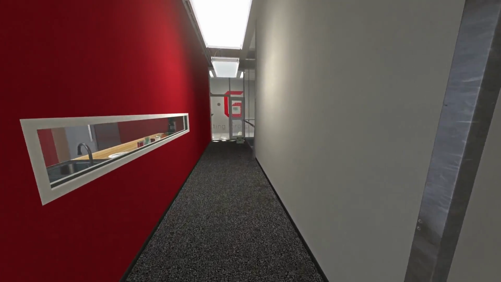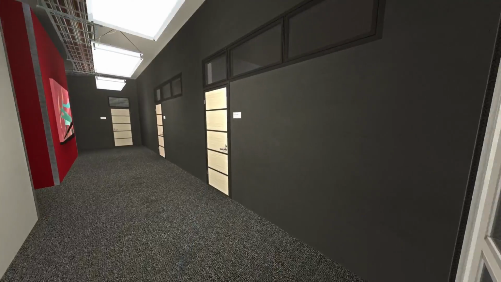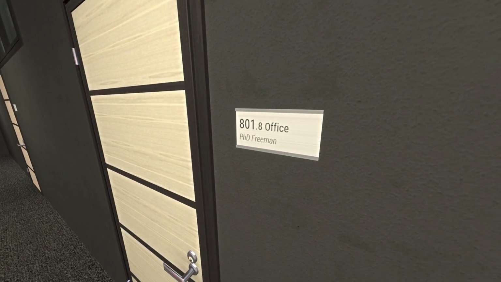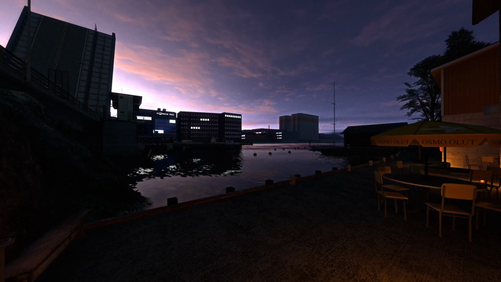There is also a plaque indicating that one of the offices in the Our Sister building is in use by a PhD Freeman, referencing the protagonist of most of the mainline Half-Life games, Dr. Gordon Freeman. Now, I'm not really sure that this is a real reference, but I do have suspicions